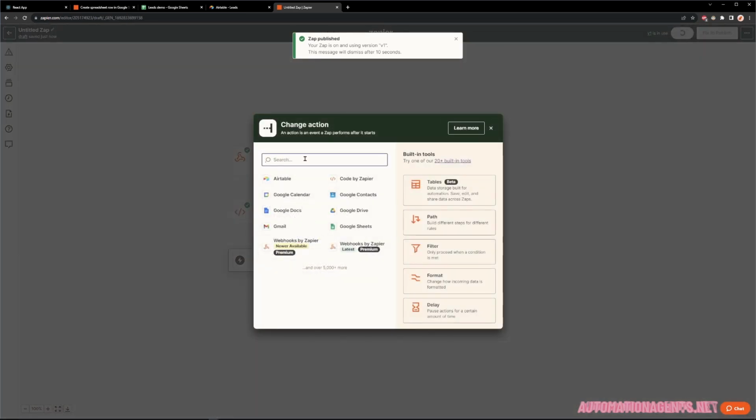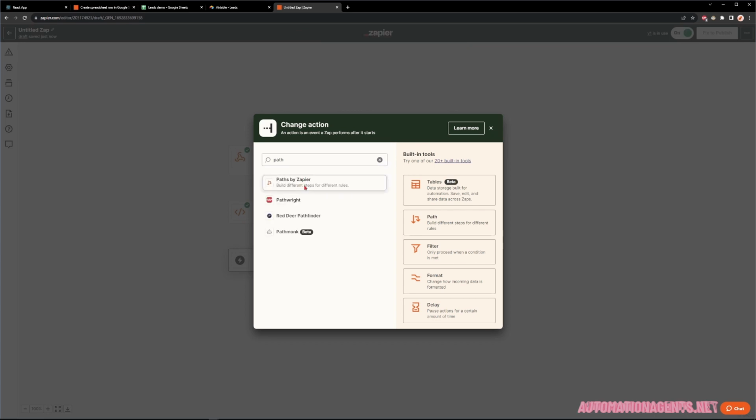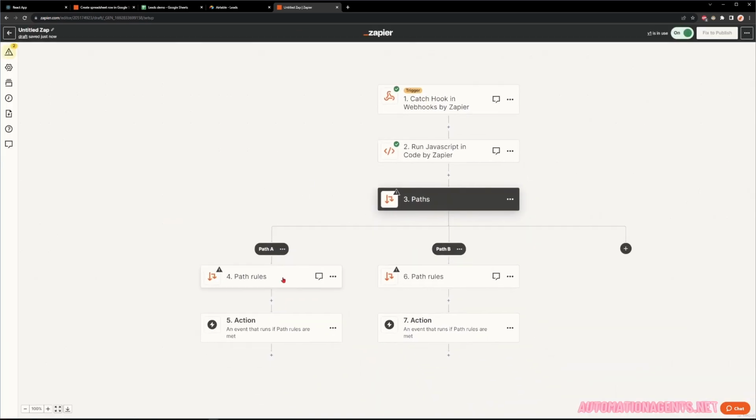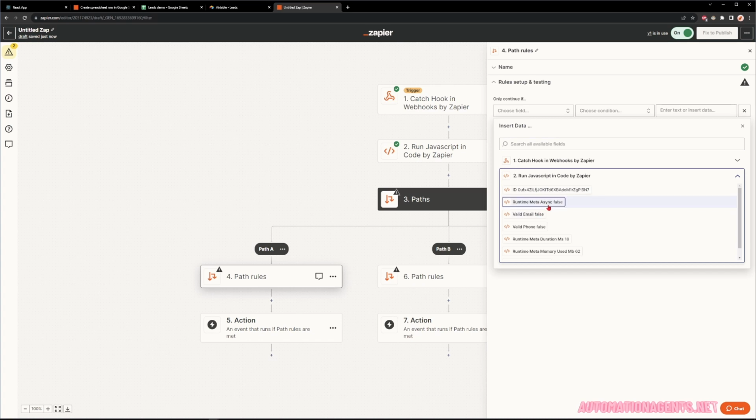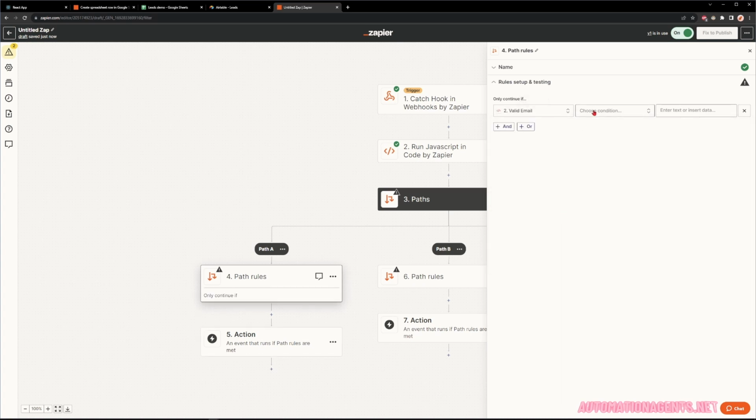For the next step, we'll want to branch off into two paths. So the first path is if the phone and email are valid, we want to push the data over to Airtable. So here we want to select the step where we created the valid email and valid phone. So that was this step right here. And we'll select valid email. So if that variable is true